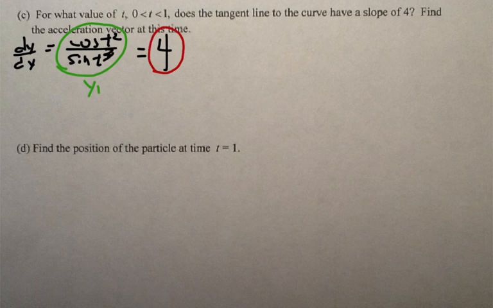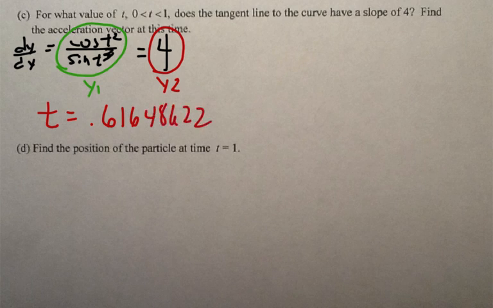You're going to take 4 and put that into y2, and you're going to look for the intersection in your calculator by going to second and the calculate menu, option 5. So when you do that, you're going to come up with a time of 0.616486622, and I used all those decimal places because that's not the final answer to the problem. We also have to find the acceleration vector at this time, and we don't want to be guilty of premature